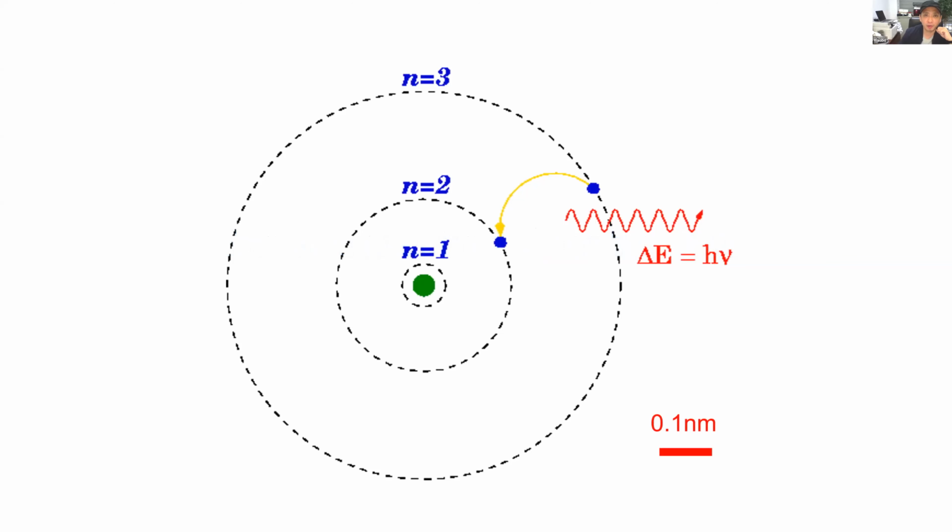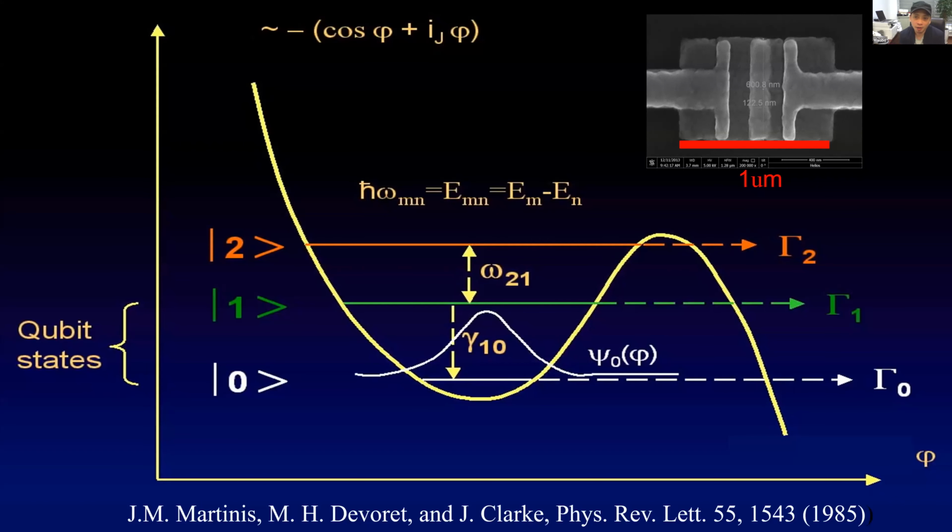As we all know, if we go to the microscopic range, it's quantized. If there's an electron surrounding an atom, you will see the energy level is quantized. So this is normal in microscopic systems. But if we consider another question, if the system is not a microscopic system but a macroscopic system, can the system follow the quantum rules? The answer is yes.